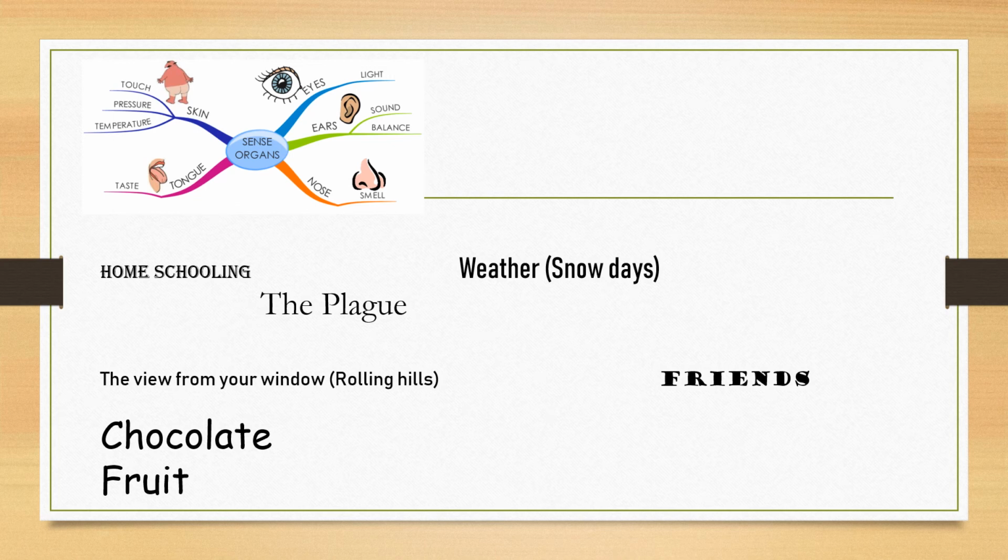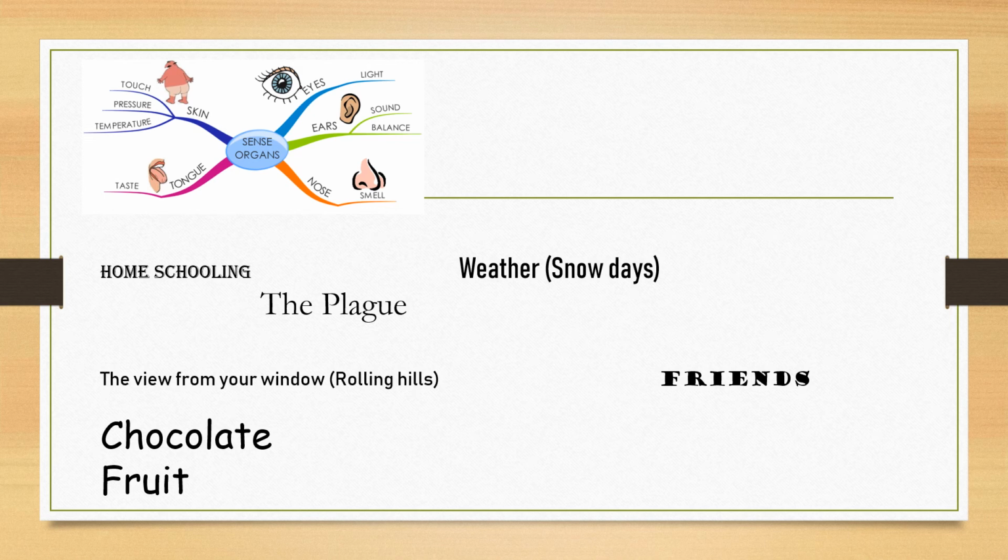So I was thinking about homeschooling, the plague, because we're doing that in history, weather, we've just had some snow and that was quite fun, playing out in the snow I'd imagine, making snowmen and different things like that, sledging, the view from your window. We've got some beautiful views where we're at in Stanley, especially from our classroom window. We've got the rolling hills, lovely green colours, and even nicer in the winter when there's snow on them. Friends, like being reunited with friends at school, or seeing friends socially distanced outside,